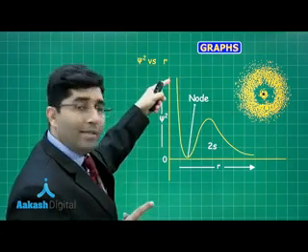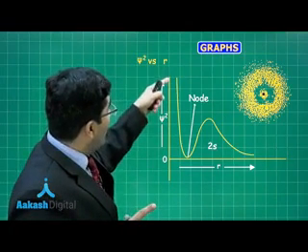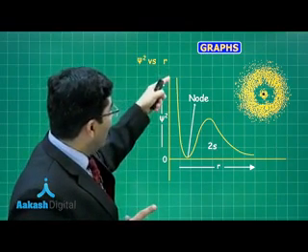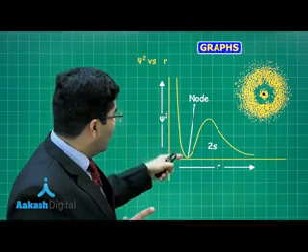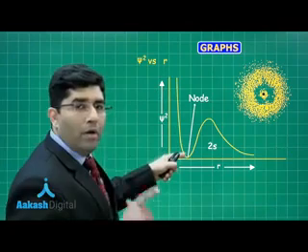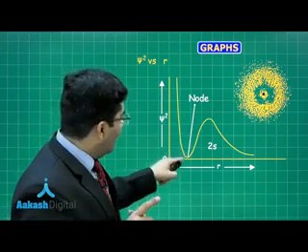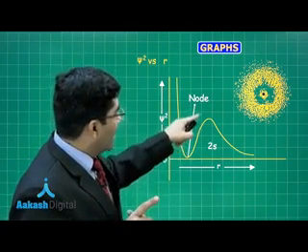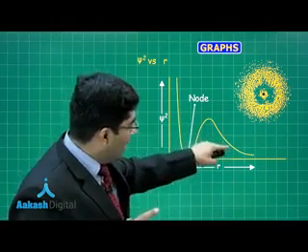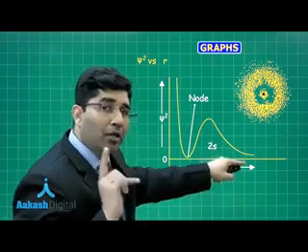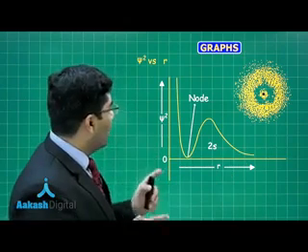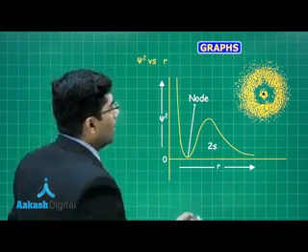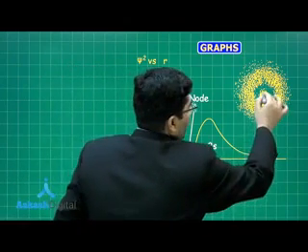Near the nucleus, the probability is maximum. It will keep on decreasing. It will become 0 at the node, and then it will increase in the second shell, and then it will decrease, and before the third shell it will become 0 again. So this is the graph, and you can see from here, if we go like this